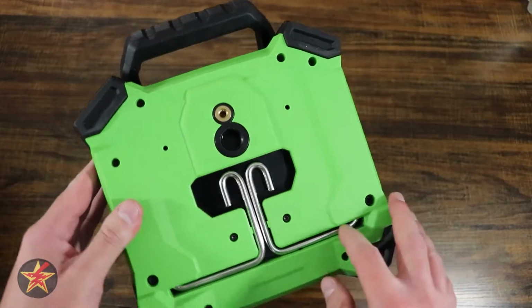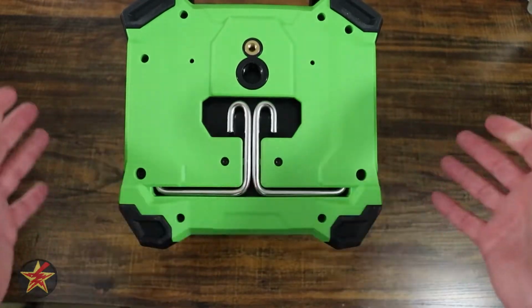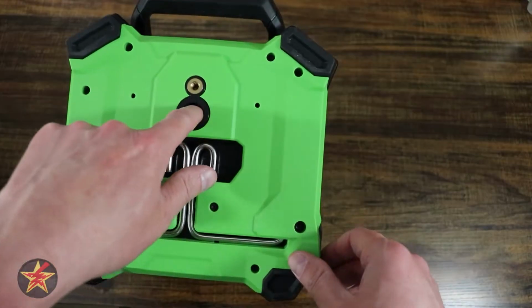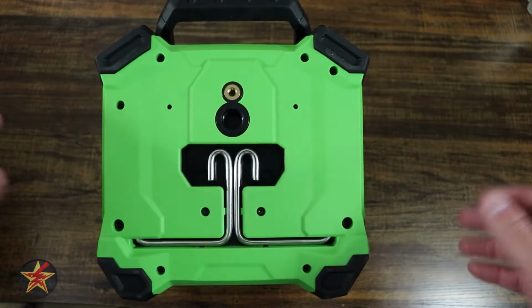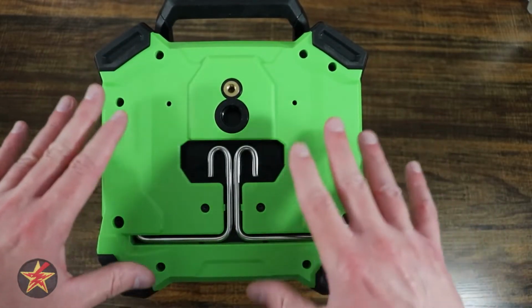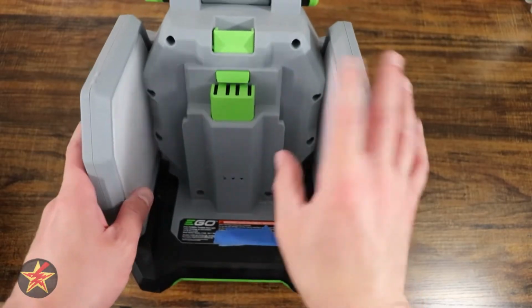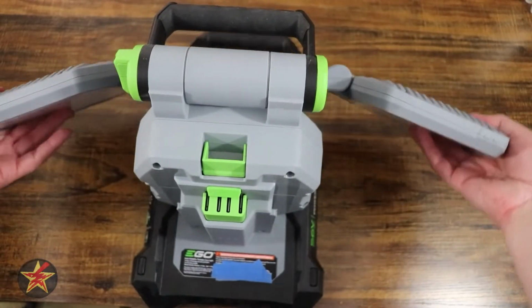If we flip it to the underside, you have rafter hooks right here that will allow you to hook it onto, as it might sound, rafters or anything else that you can fit in there. You also have two separate distinct tripod mounts for hanging this up or placing it somewhere. You have very large rubber feet at the bottom, allowing you to place this anywhere and not have it get away from you. Coming around to the front, we can see our battery location,